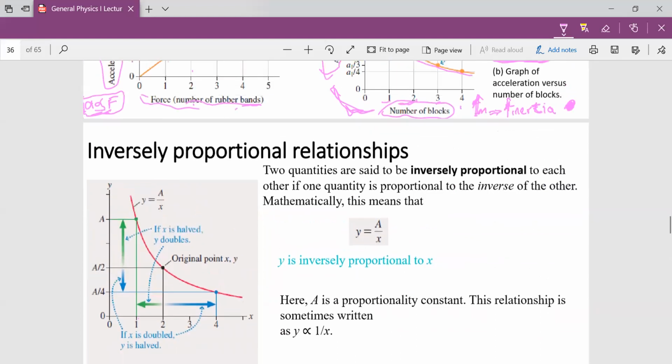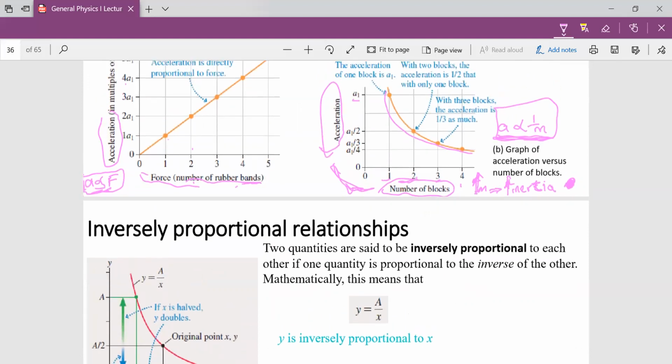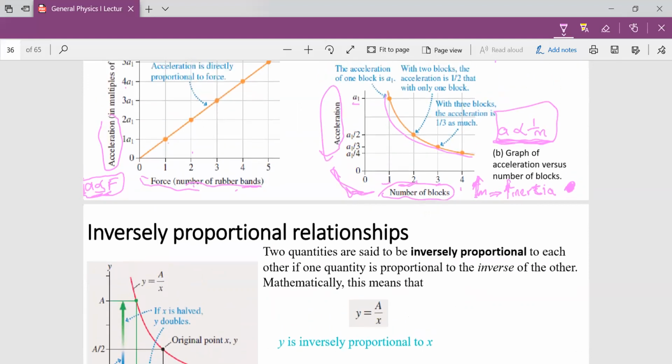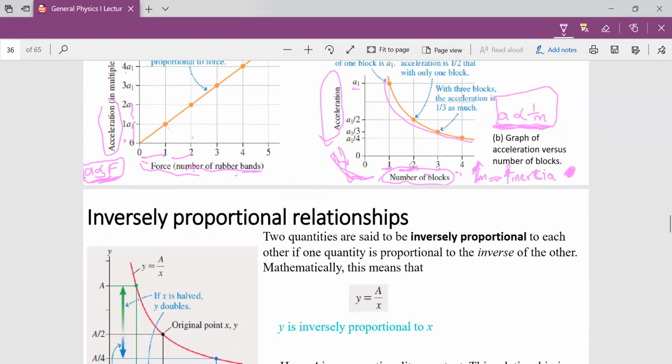We have seen clearly from this diagram that when we increase by half, if there is an inverse relationship, it's going to decrease by the same ratio. But if it's a direct relationship, as you're increasing on one hand, the other hand is increasing as well. Increase in one would lead to increase, increase, increase like that. But this increase in one is leading to reduction in the other.